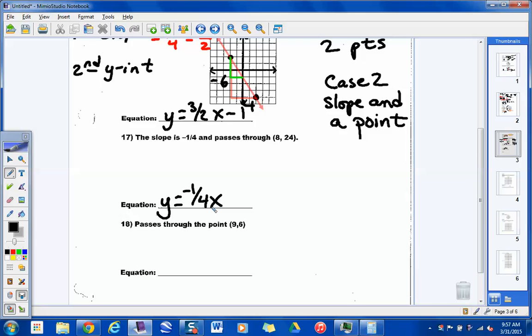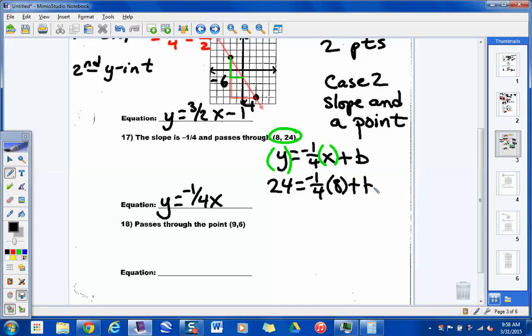Yeah. So here's the work with it. I'm going to say y equals -1/4 x plus b. So that being said, your job now is to take this point right here, 8, 24, and plug that in. Okay, that's a point, x, y, right? Okay, boom, and boom. What's going in for y, kiddos? 24. 24, so help me out. 24 equals -1/4 as part of my slope. What's the x value I'm going to insert given the point? 8